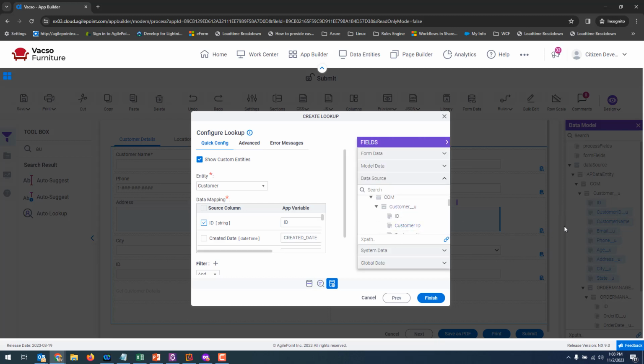Now remember, this mapping is different from the mapping I just did. Over there I was specifying when the form is submitted, where should the data go and reside. In this case, I'm triggering an external lookup, and the lookup results set, once it comes back, where should it be populated. So I'm going to say populate the ID control back with the value in the ID column,